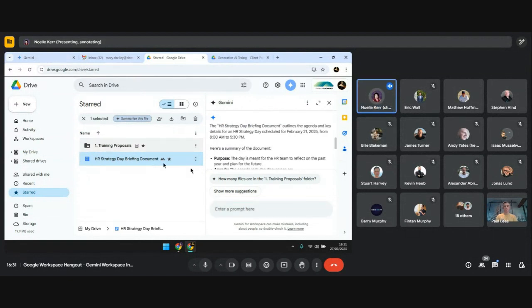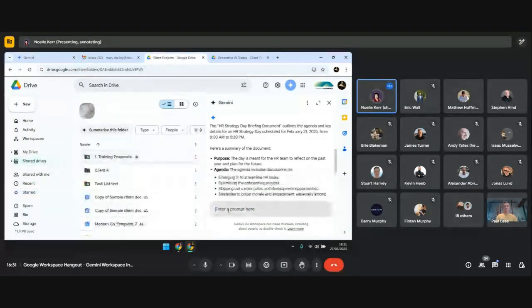I might say, actually, I need to drop a little folder into this client projects. I can say to it, add a folder called.